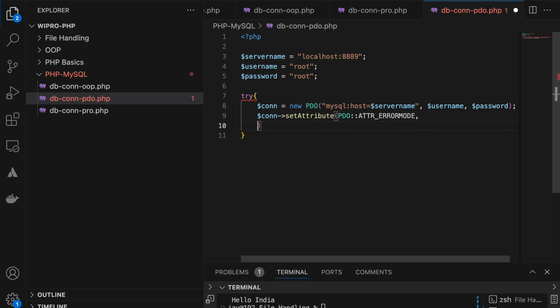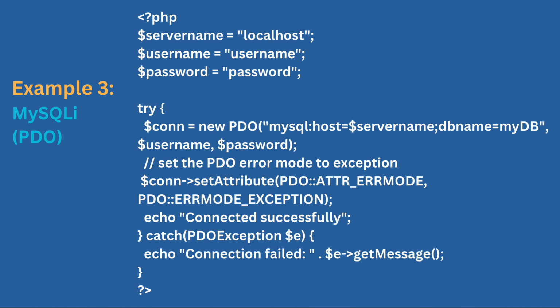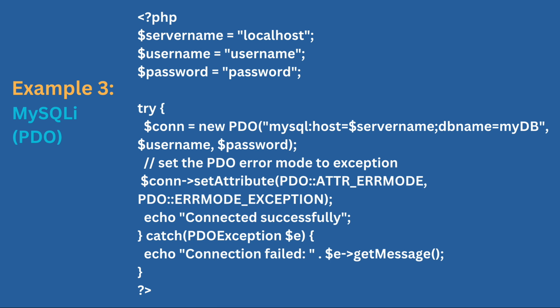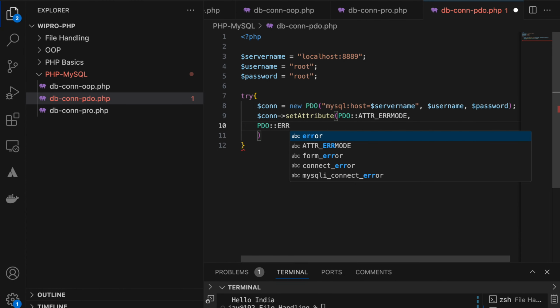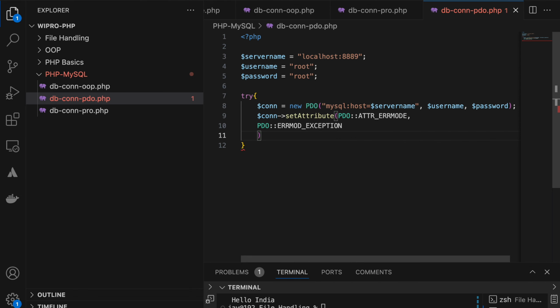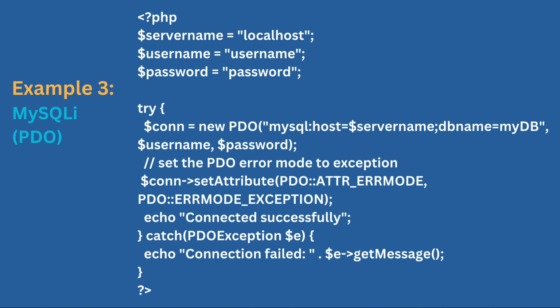Error mode. Then there is another parameter ATTR underscore ERRMODE, then PDO exception, ERRMODE exception. Right, we did this one.